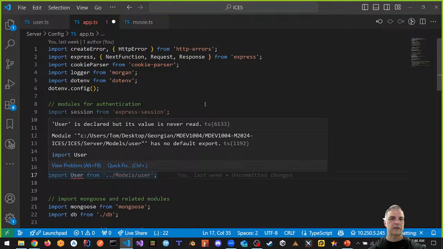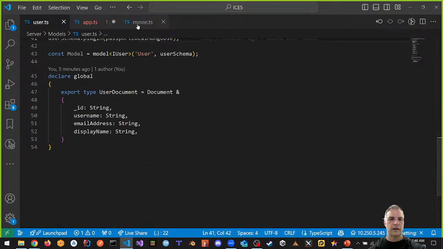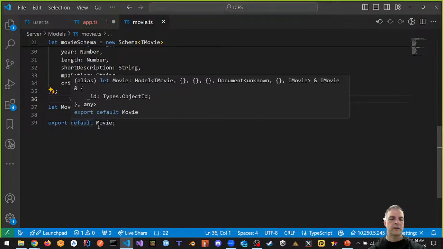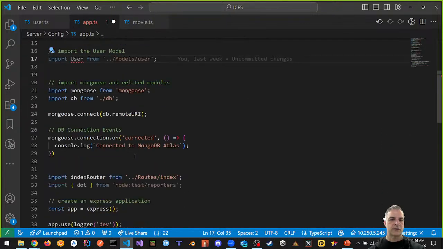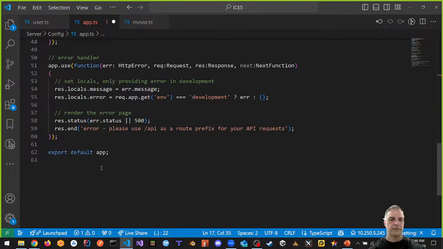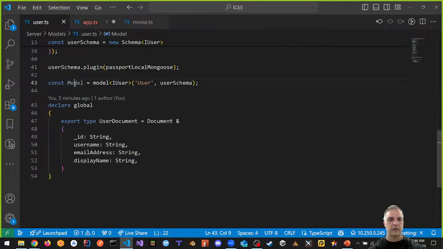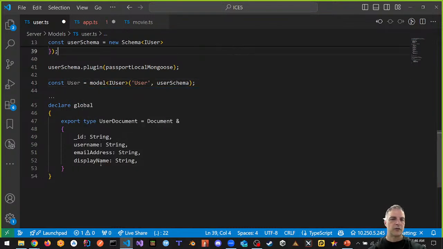So that's something I forgot to do. Let's go back to the user model, and one thing we didn't do is this. We did it for movie, where we said let movie, and export default movie. We didn't do this, and we said model. Let's go back to user and change it. We said model instead of user. Let's call this just user. So that's in the user model. And then we have to do an export default